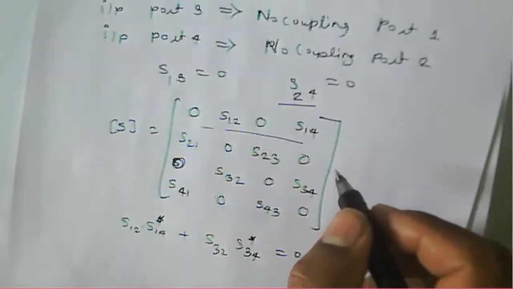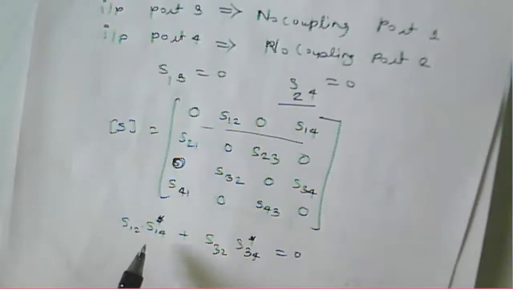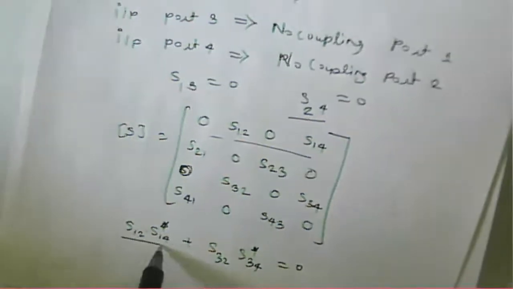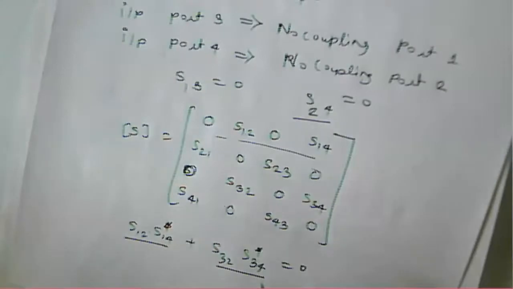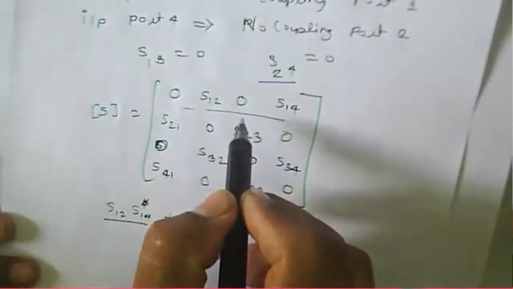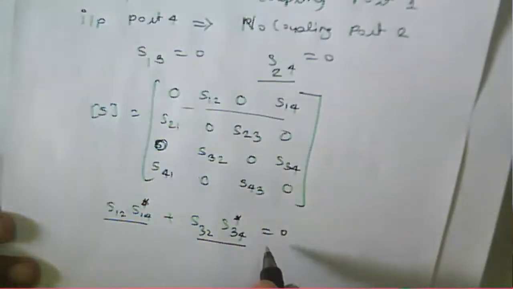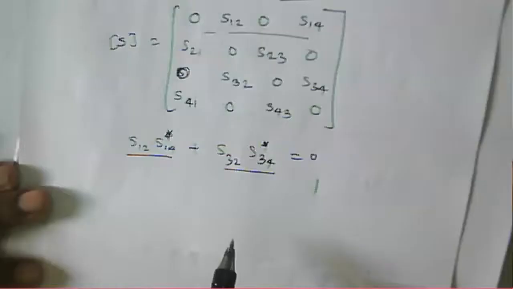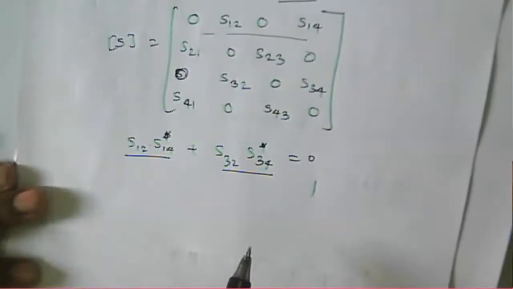Now what happens when we take out this particular equation and look at the equations? From this property we are not able to find out what happened to the various components. Now, if we consider the unity property, then instead of a 0, this becomes a 1 here. So now we can solve it for this 1. In that case, S12 and S14 are there.